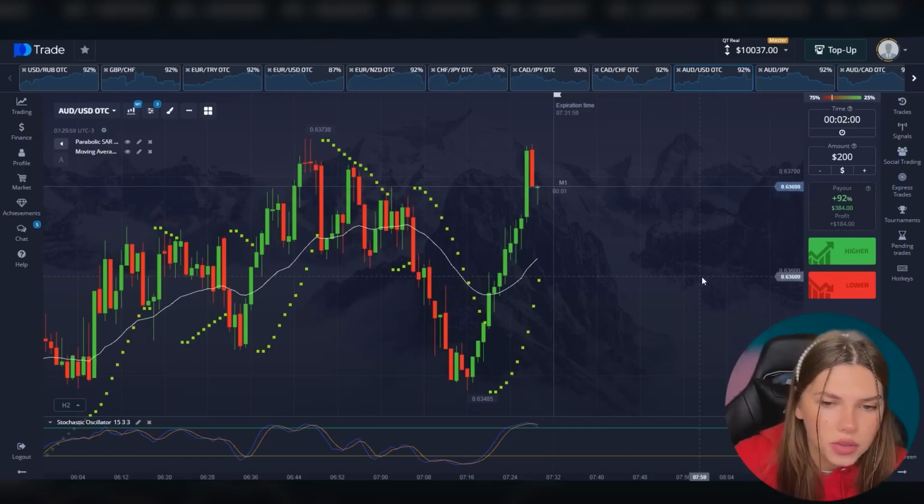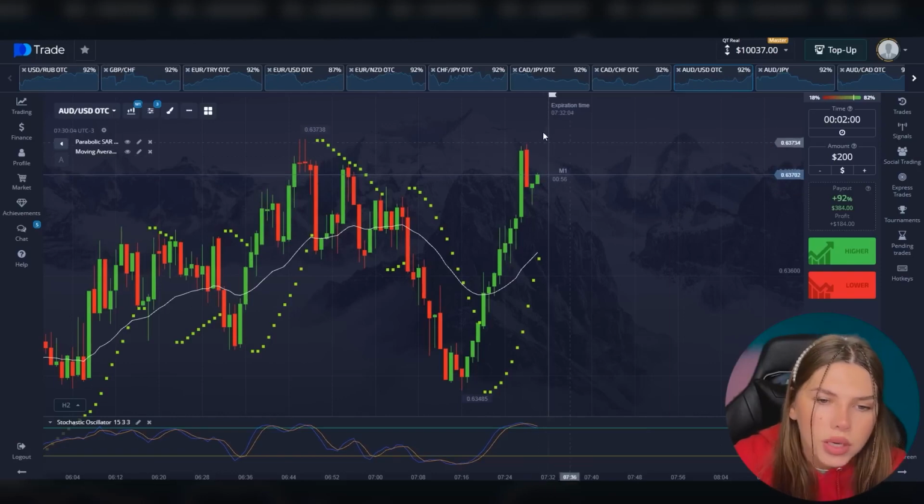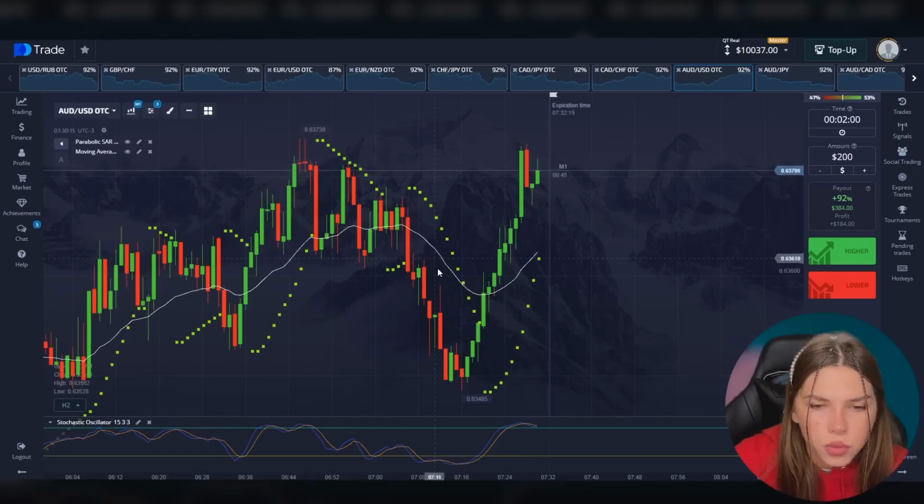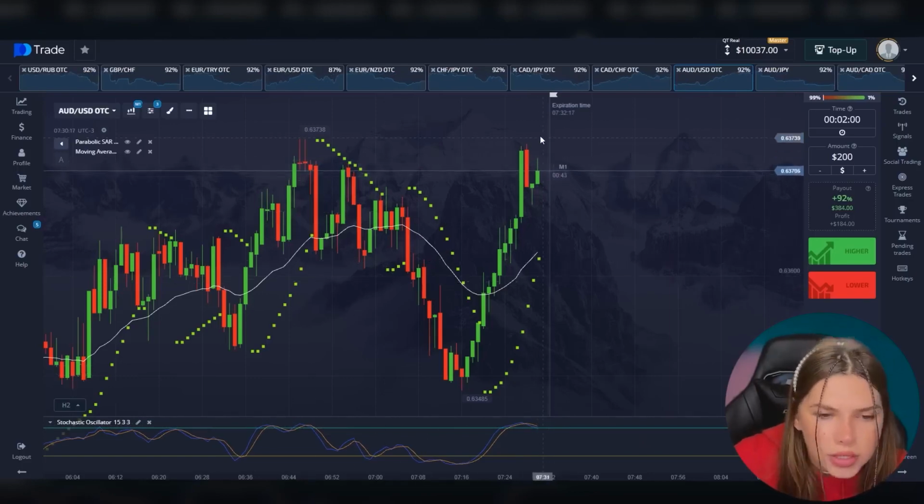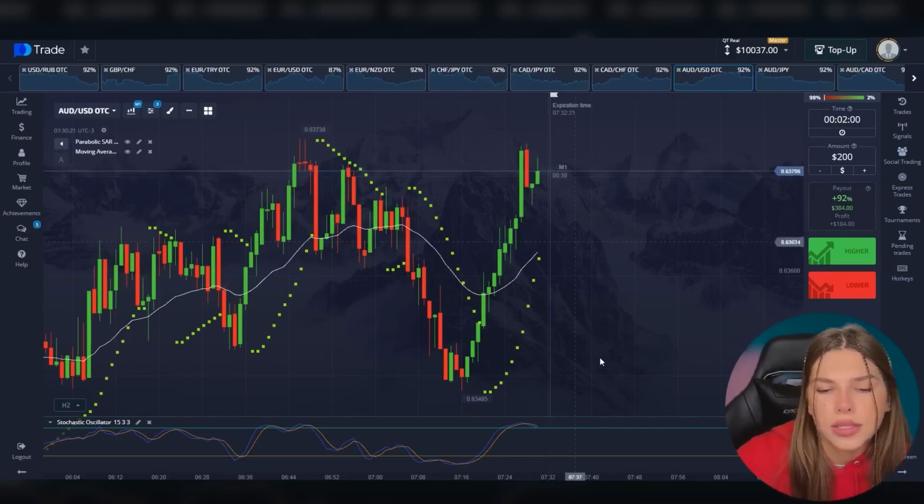Here we see an interesting movement. We should have squares now. They will be based upwards because stochastic is in this upper position. It is above the green line and our price is above the average moving line. Therefore, we are waiting for a price reversal and confirmation of the first one with squares, and we will open